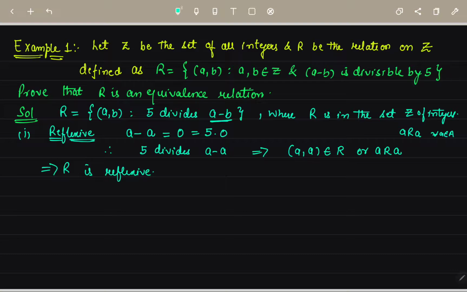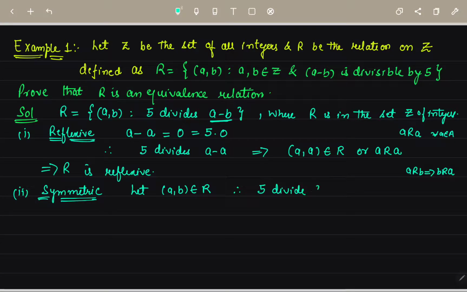Second है हमारे पास that it should be symmetric, जो relation R है वो symmetric होना चाहिए। तो अब देखें इसको क्या करना है। अब symmetricity में क्या होता है, अगर a relate कर रहा है b को तो imply करना चाहिए b को a से relate करना चाहिए। So अब यहाँ पे हम लिखेंगे, let ordered pair (a, b) belongs to R। So therefore उसका मतलब हो गया, 5 divides इस condition को, that is a minus b को।